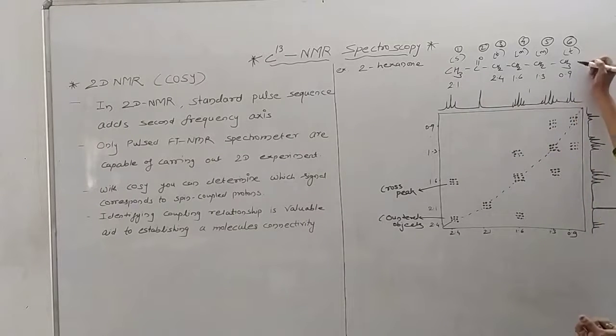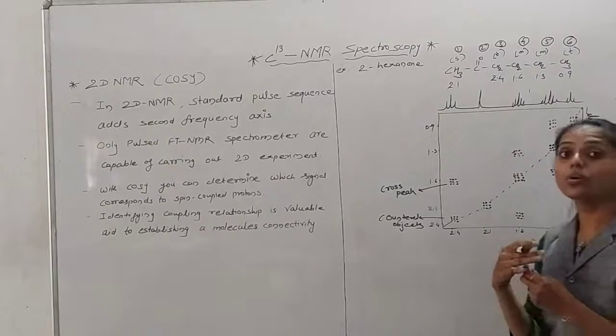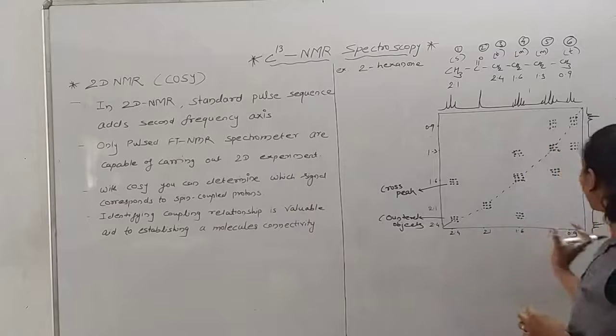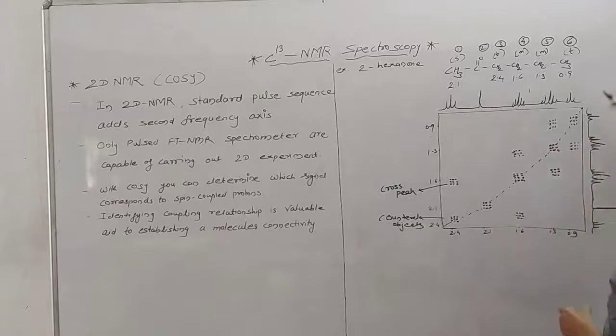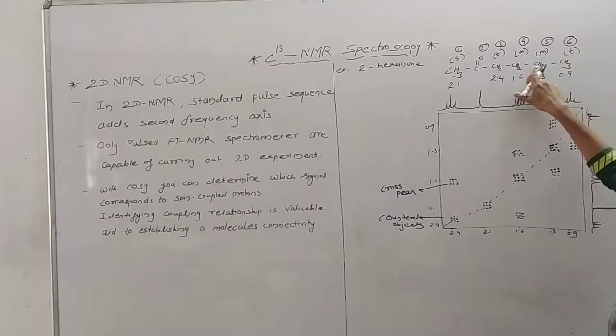You know that in H1 NMR there is the triplet. I have studied this NMR system in C13 NMR, but here we use only the two-dimensional structure, and I have written the H1 NMR values here. At 0.9 it gives the triplet. At 0.9 the CH3 gives the triplet due to the neighboring CH2 group. That means its connectivity is with this CH2 group.